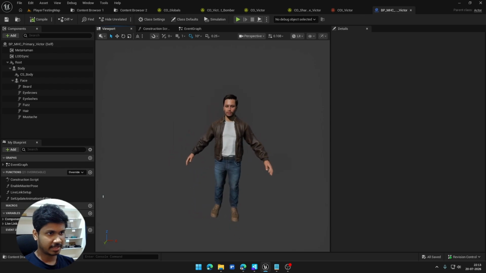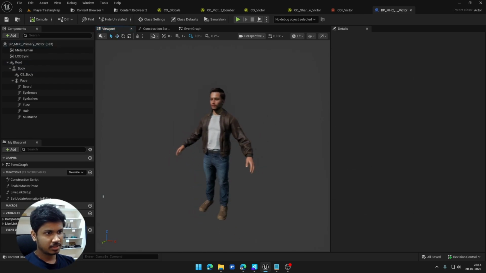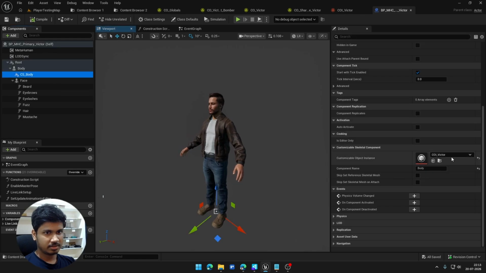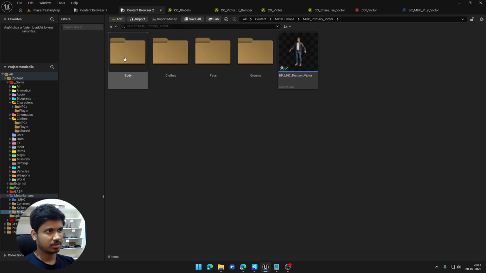As you can see, this is my character. I have purchased this outfit from Fab. As you can see, we have a customizable object instance attached to it. So let's get into how it works. So first,